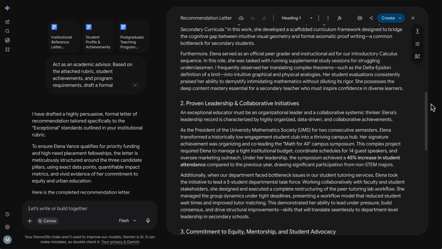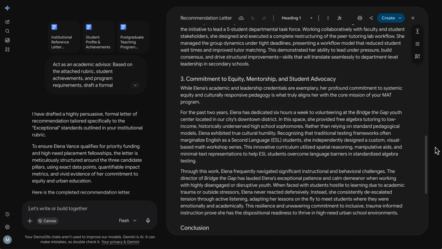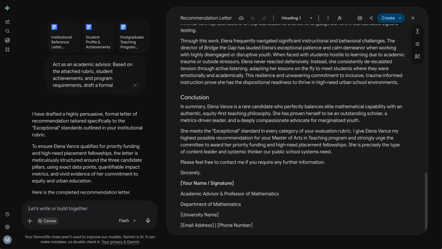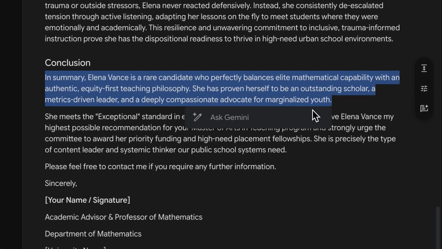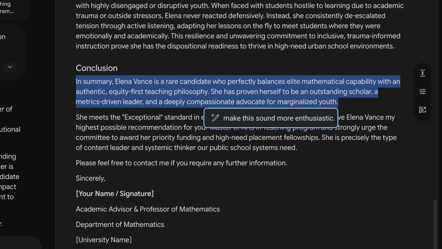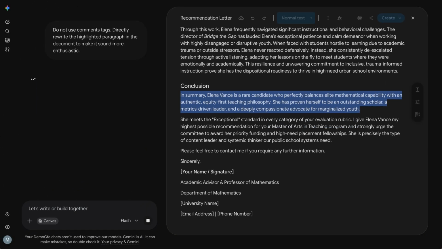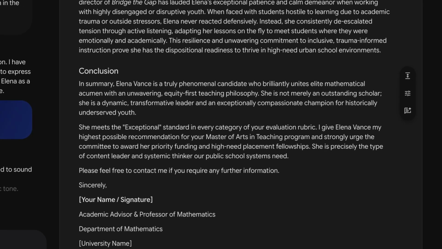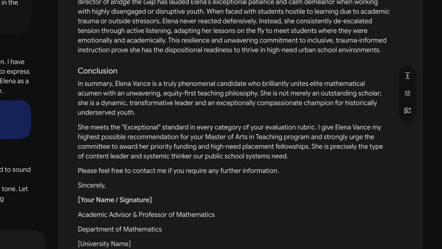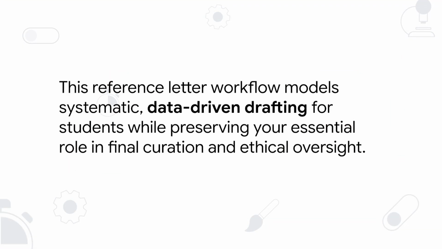refine directly on screen. To extend this idea, try modifying specific sections of your text live. Simply highlight your closing paragraph and in the floating Ask Gemini box, type, "Make this sound more enthusiastic." Canvas rewrites the selected text instantly, infusing your draft with an energetic tone while keeping your specific student milestones perfectly intact. This reference letter workflow models systematic, data-driven drafting for students while preserving your essential role in final curation and